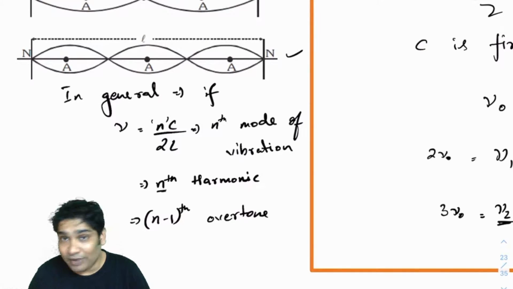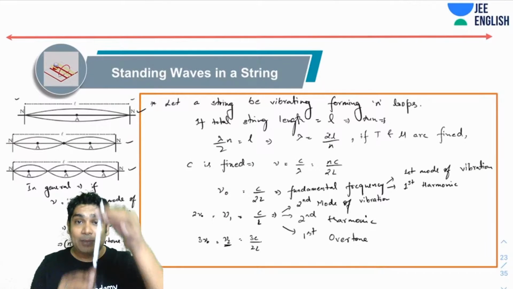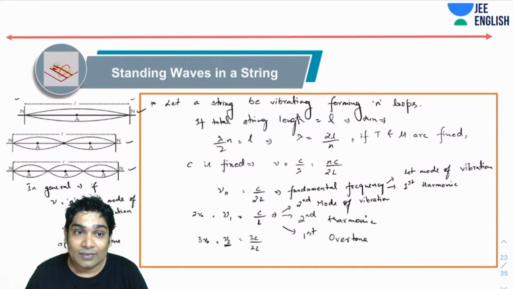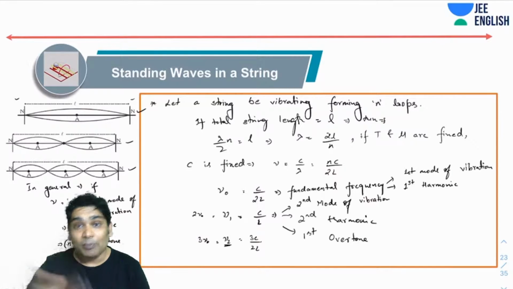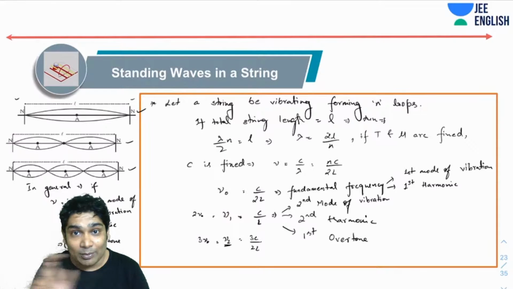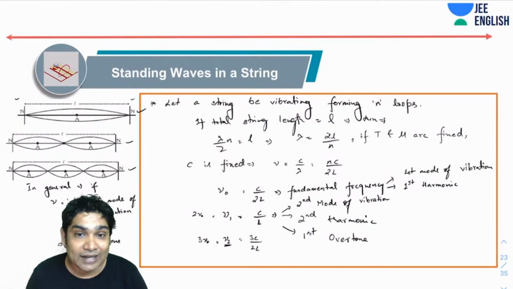Okay, so I hope everybody is clear. All these are natural frequencies, by the way. Like a pendulum has only one natural frequency, right, which was root g by L. So a string which is bound at 2 ends has multiple possible natural frequencies. All these are called natural frequencies of a string, and they appear in different modes of vibrations. So I hope everybody remembers this. If everybody remembers this, then let's try some problems regarding this.